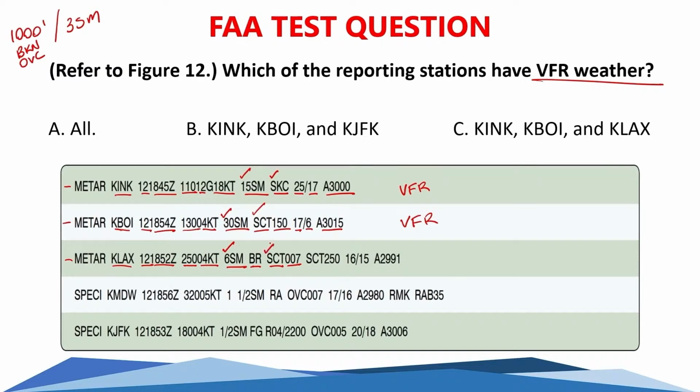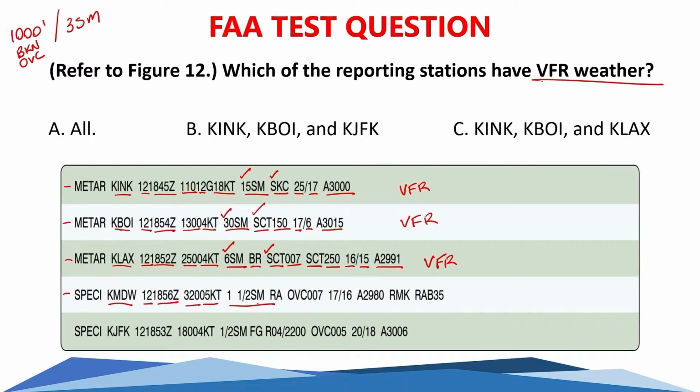So in this case, that is still considered VFR. We also have scattered clouds at 25,000 feet, temperature 16, dew point 15, altimeter 2991. So this should give you a pretty good idea that it's probably something other than VFR, not always the case. But for Midway, we've got on the 12th day at 1856 Zulu, we have the wind of 320